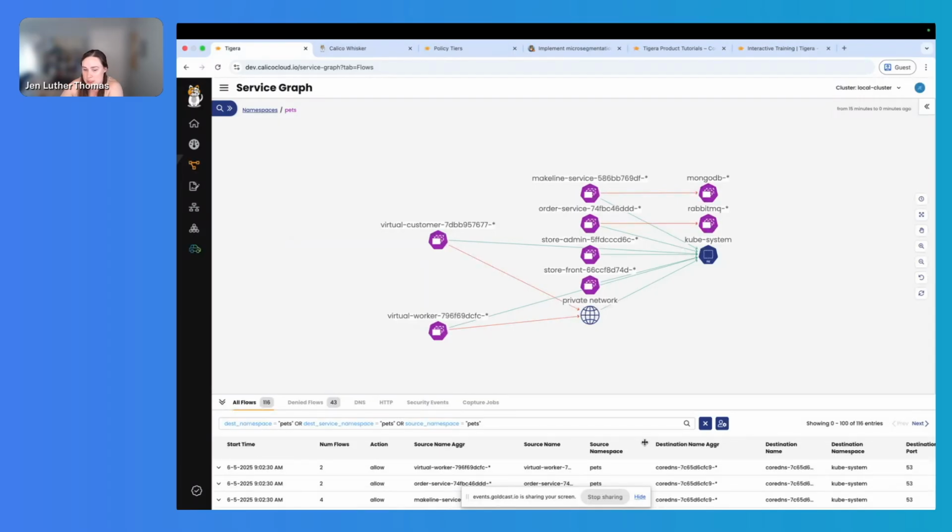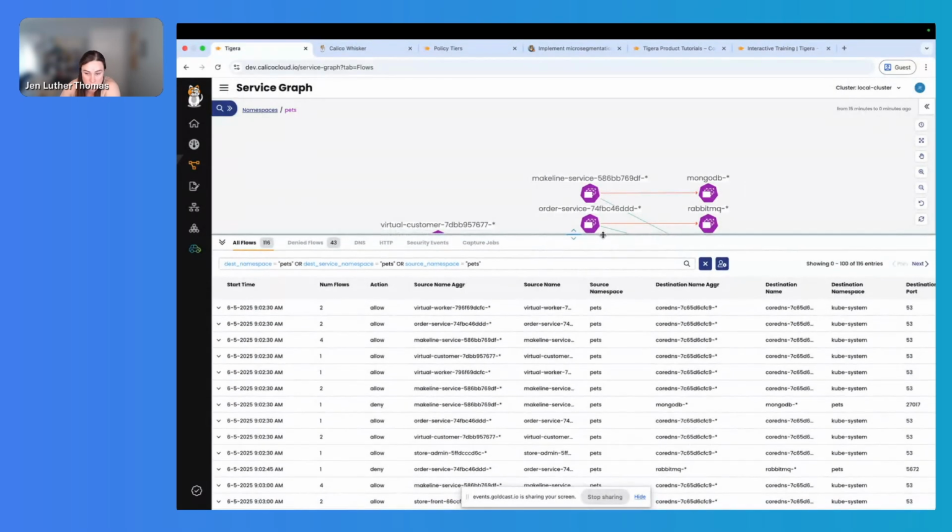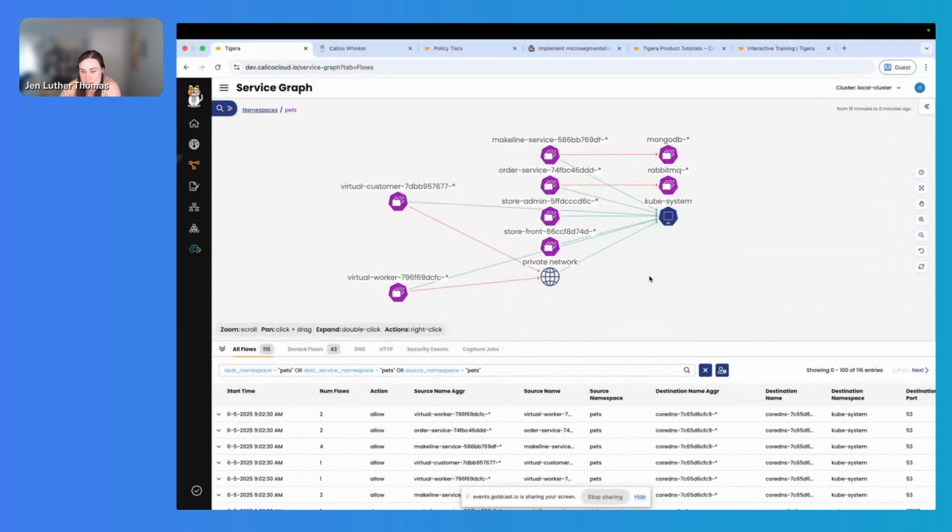With the Calico Cloud free tier, you still get access to the flow logs. This time you would get access to 24 hours worth of flow logs compared to Whisker, which gives you 12 hours. And then Calico Open Source, Calico Cloud, Calico Enterprise, I believe give you up to like 7 days worth of logs. So in here with Calico Cloud, most of it is view only, but you can still view the